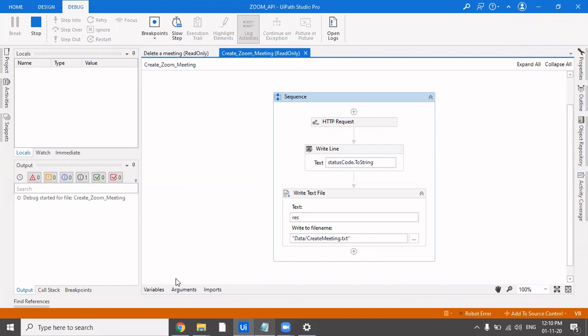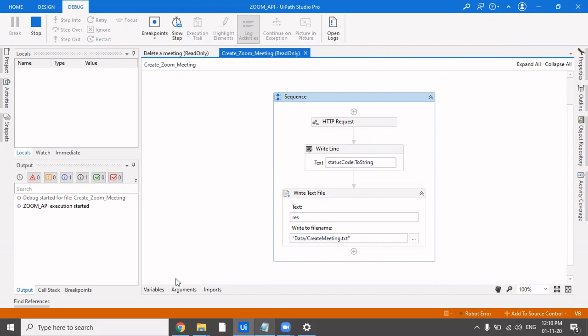So let's wait for the status code to reflect. I've started it in debug mode, and also my laptop is slow these days, so it's taking a lot of time to get started and then to show the result.